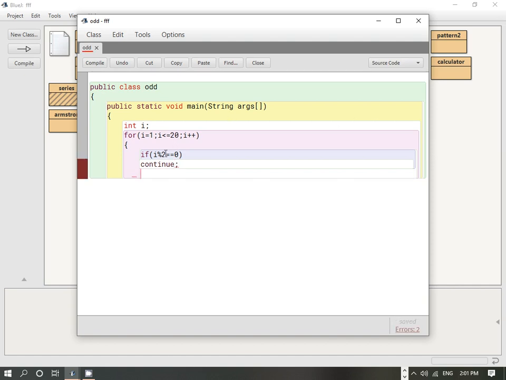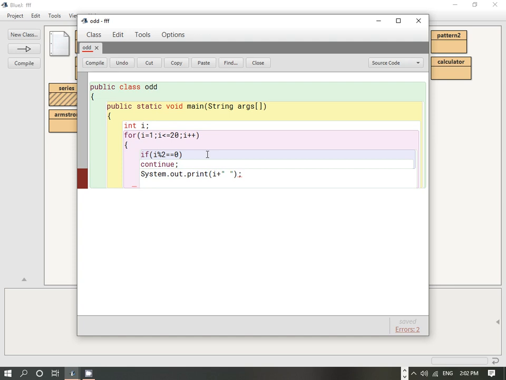As soon as the program control gets a number which is divisible by 2, it will go back to the for loop and execute the statements for the next value of I. And then we are going to print the values of I which are not divisible by 2. If we write it like this, then all the numbers between 1 and 20 which are not divisible by 2 will be printed.